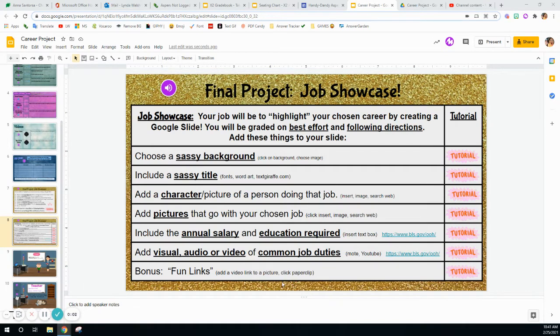The last required portion of your job showcase Google slide is to add a visual or audio or a video of common job duties of the job or career you have chosen. So we're going to learn this using a Google extension called Moat. You could also use YouTube to find videos to insert, and we're going to use this website to find our